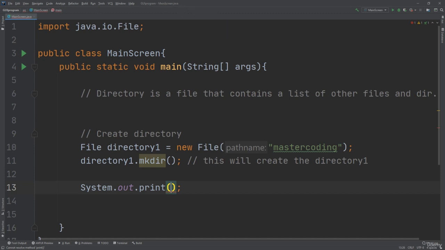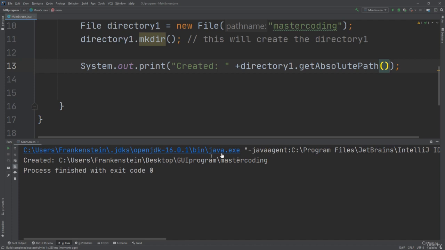Okay, so we print created at, and we get directory1.getAbsolutePath. So let's run and see,